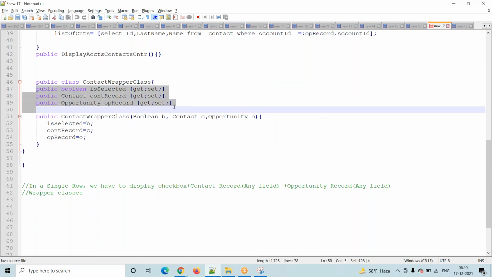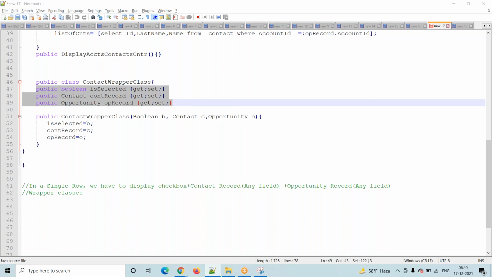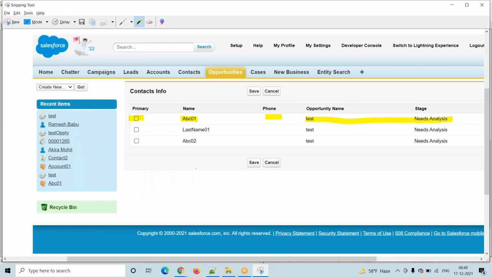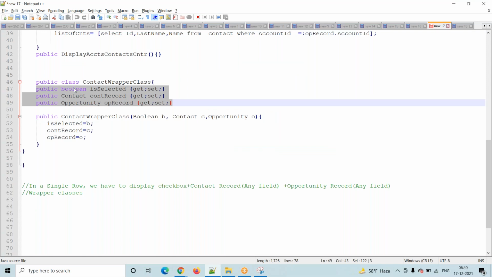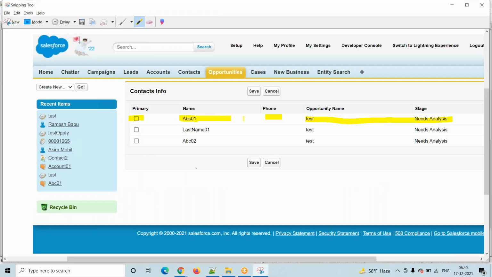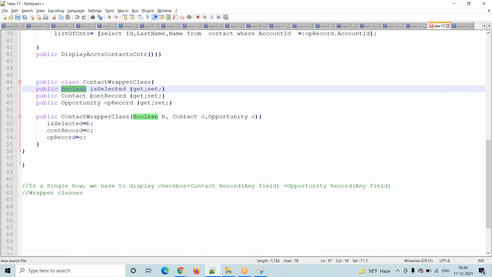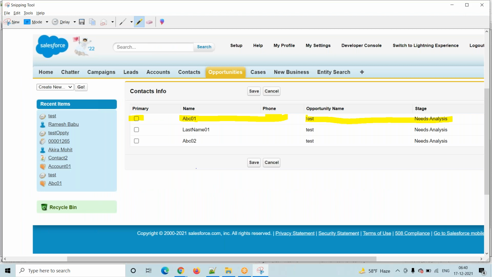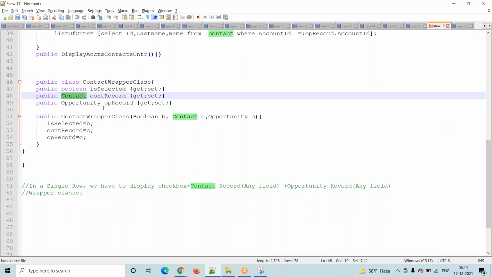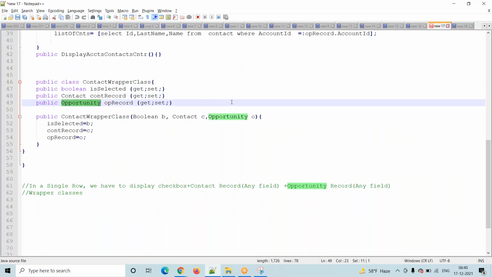So these are my variables. Now we are clear, right? In the single row we are displaying a checkbox, that's why this is; we are displaying contact record information, that's why this is; and we are displaying opportunity record information, that's why this. Whatever we are trying to display, those types of fields we will define here.